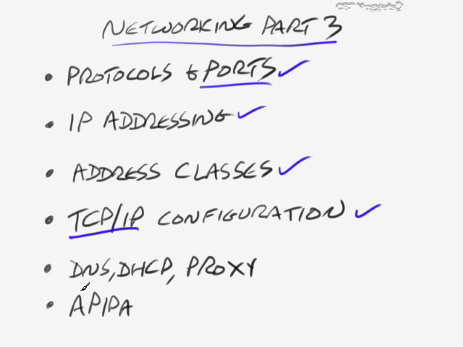involved in a network. We looked at DNS as one of those servers, which resolves names to IP addresses. DHCP, which issues addresses for you so you don't have to do a static IP configuration. Proxy servers, which are good for security as well as accelerating your internet performance. And then also automatic private IP addressing, which is the kind of addresses you might get if your DHCP server